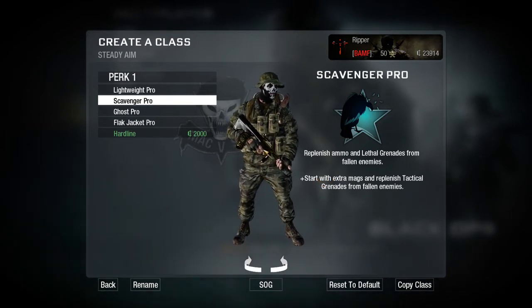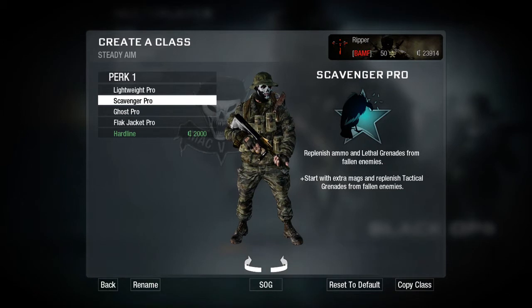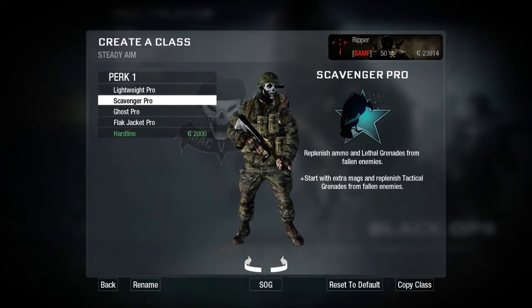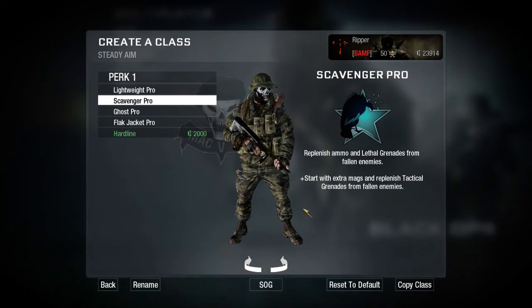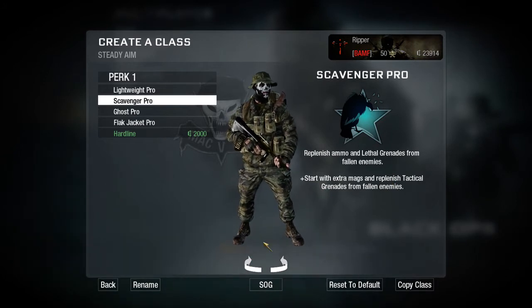Scavenger Pro, however, starts you with max ammo, and it will also handily start you with an extra rocket for your launchers. For example, your Law, you'll have 2 rockets, so you can take down a chopper, or 2 spy planes, or whatever. And your Strela gives you 3 rockets instead of the base 2. Quite handy. So if you find yourself on an aircraft-heavy map, definitely go Scavenger Pro. It's not going to replenish your rockets by picking up kits, but